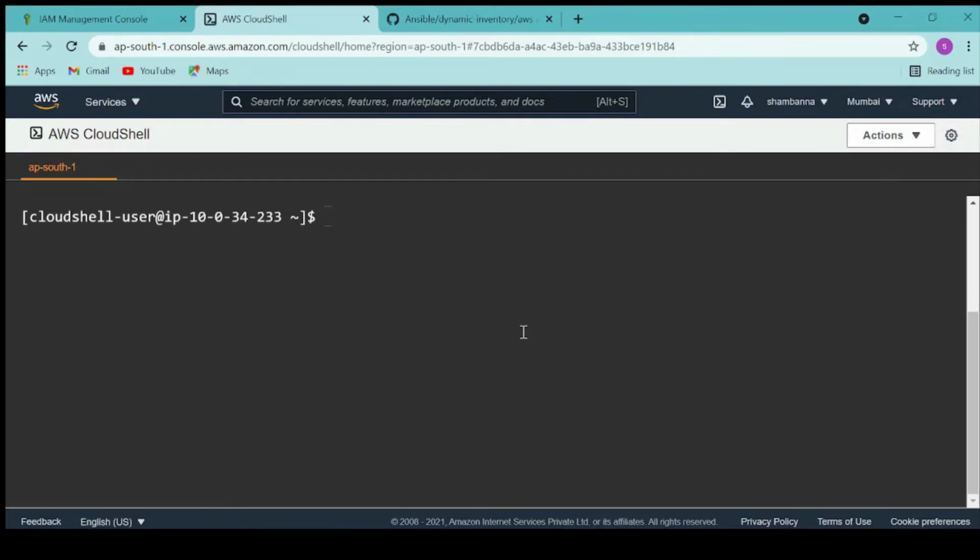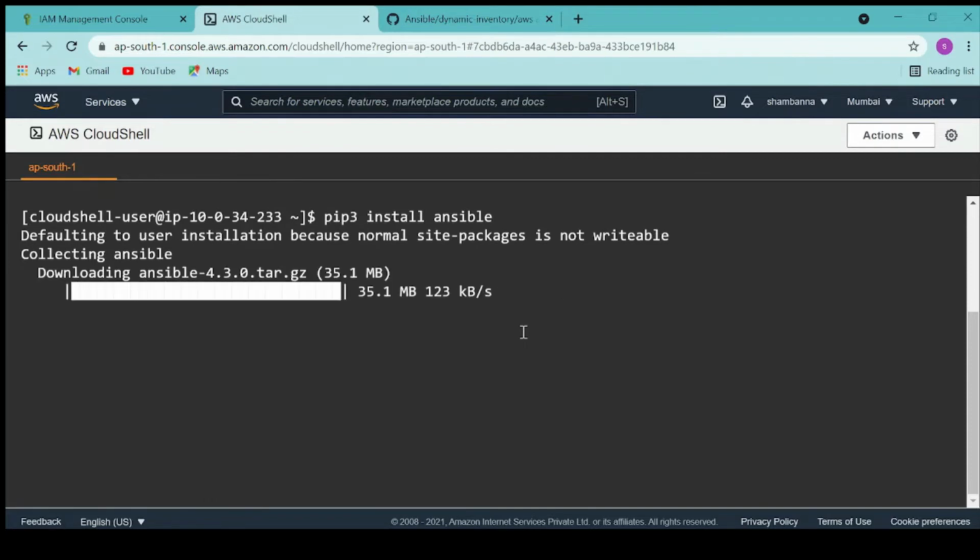Okay, so now we have to install Ansible. So I will use pip to install Ansible. When you install with pip, it will not create any directories like /etc/ansible, and it will not download any default files as well.